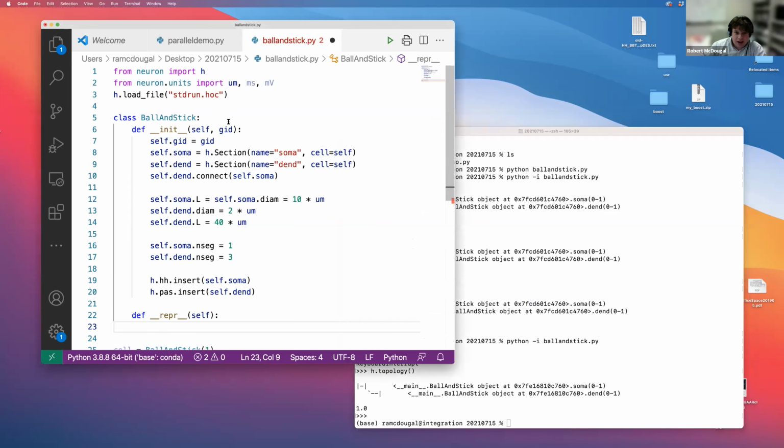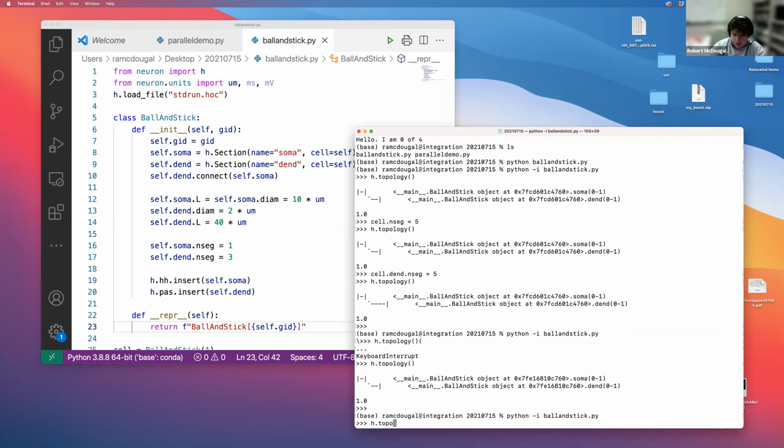And so since we have an identifier and a cell class, let's have our explicit name combine the cell class name and the identifier. So anytime that I want the representation of this object, don't use the default. Define __repr__ to return, let's say, an f-string: ball and stick, and then, in square brackets, self.gid. And now if I were to run this,